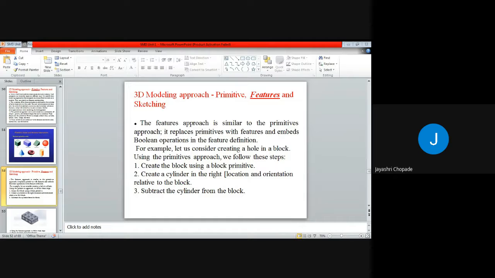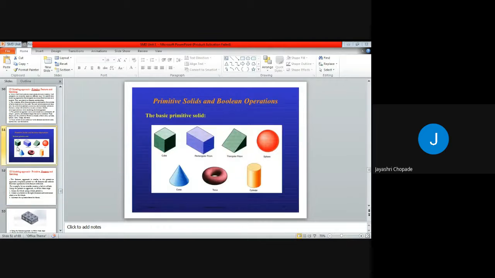So in the previous case we have seen that these are some of the basic models. Here we have created a cube with the help of a square. We have created a prism with the help of a rectangle. Here also we have created a prism with the help of a triangle. So these are the basics. But in addition to that, if you want to make some changes, for example, if I want to add something in this prism or I want to make a hole in the cube, at that time we are using the different features.